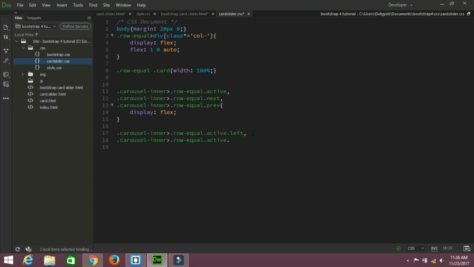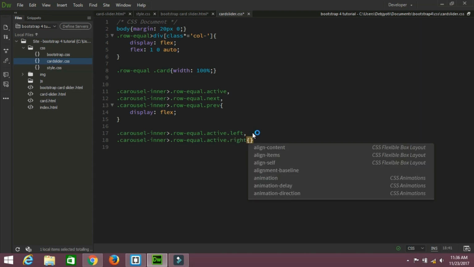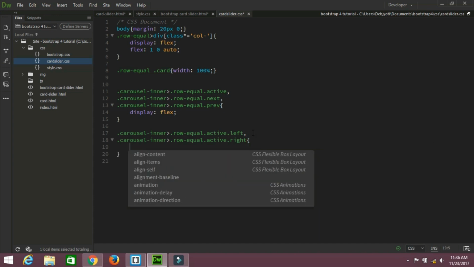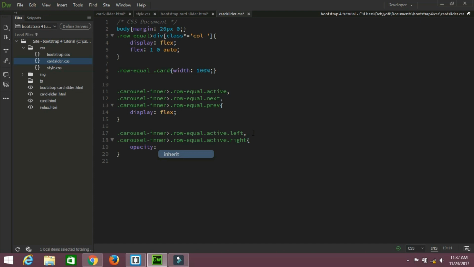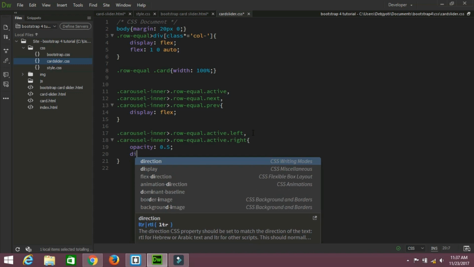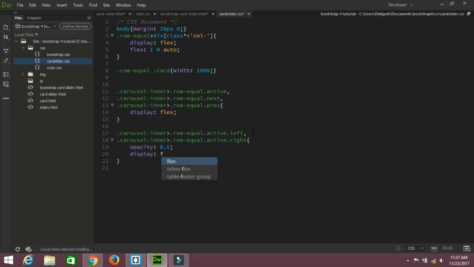Now right, and for the code it will be opacity 0.5, and transition time, opacity, how much it will be. Okay, you can change that as you want, and you can display flex. Okay, so